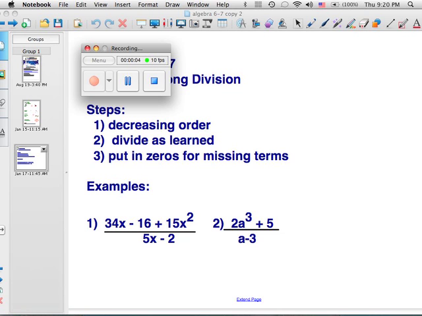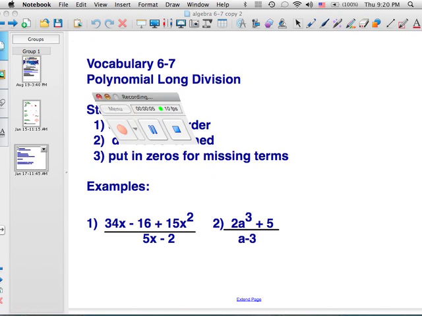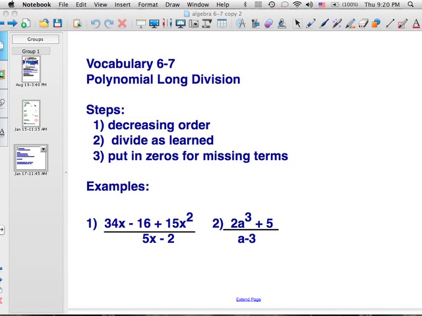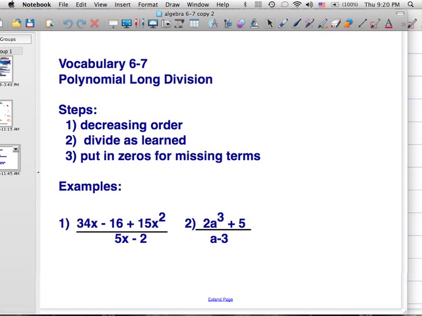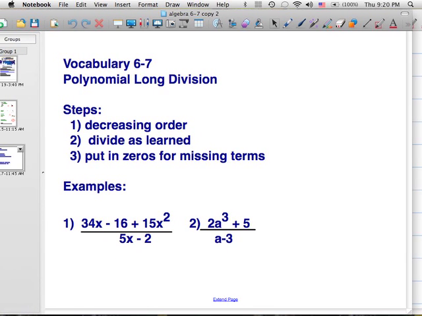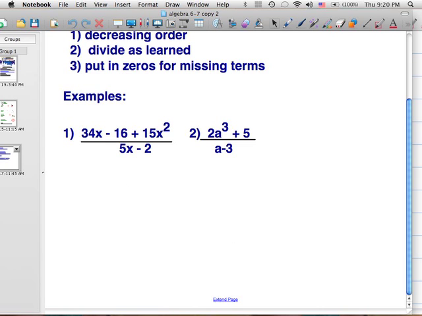We're on chapter 6, section 7. We're going to be dividing polynomials using long division rather than factoring. When we do this, we need to make sure that our polynomial, both top and bottom, are in decreasing order. And we divide using long division just as we did with whole numbers, and we put in zeros for any missing terms. So the first example,